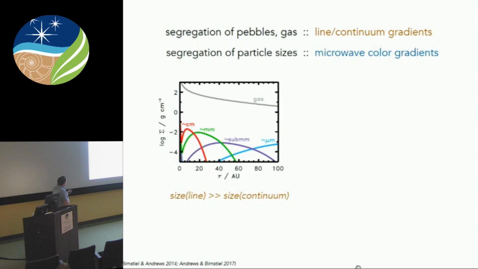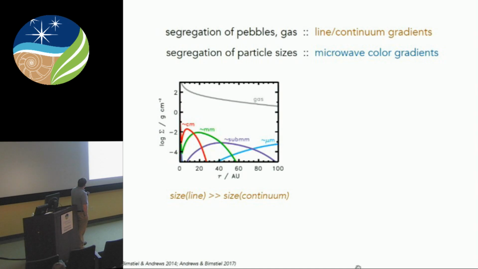So if you'll recall, there are sort of two predictions that are completely related to one another, but I like to separate them because they're visually easier to see. One is that you have this radial segregation of pebbles in gas, right? So look at the red curve here showing the surface density profile of centimeter-sized particles versus the gas, right? So the expectation is that if you actually measure the gas distribution, say the size of the gas distribution in a molecular emission line, it should be much, much bigger than the size of the millimeter-centimeter continuum emission. That's just sort of a very easy prediction to test in some sense. So I've sort of characterized that as a line to continuum gradient as a function of radius.